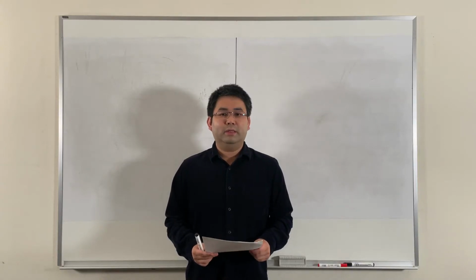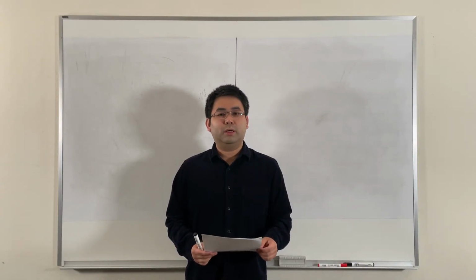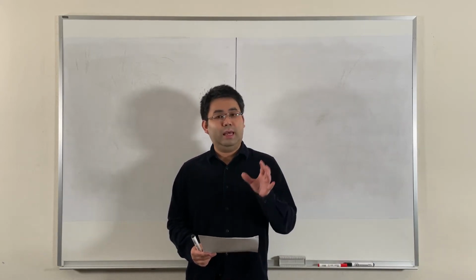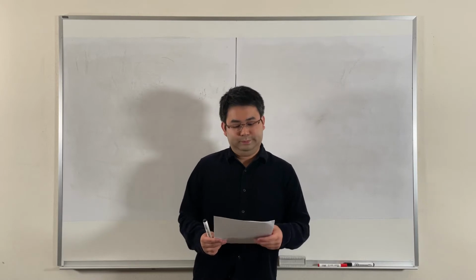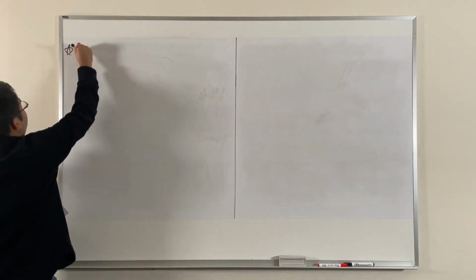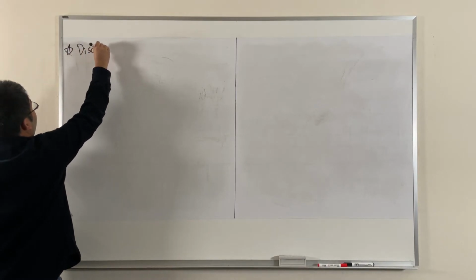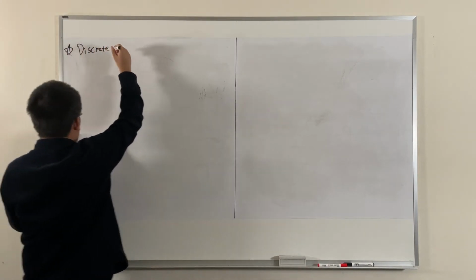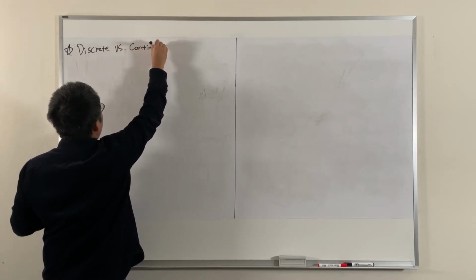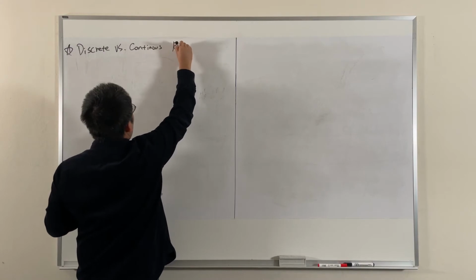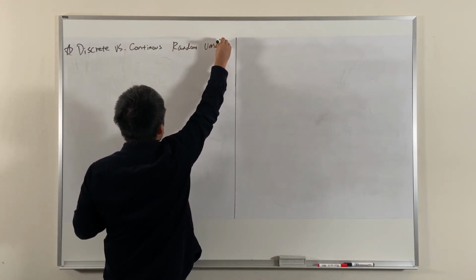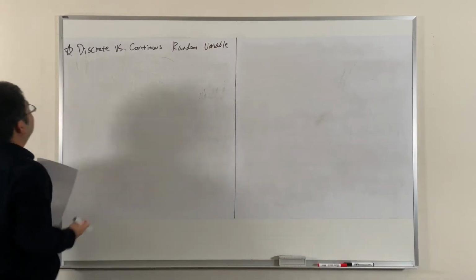Hi everyone, in this video I'm going to talk about the comparison between discrete random variables and continuous random variables. So the topic is discrete versus continuous random variable. Okay, so first, discrete